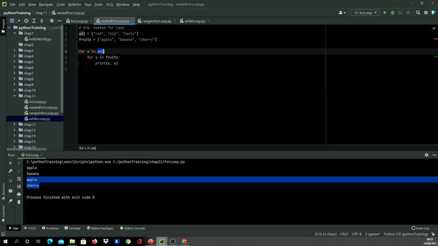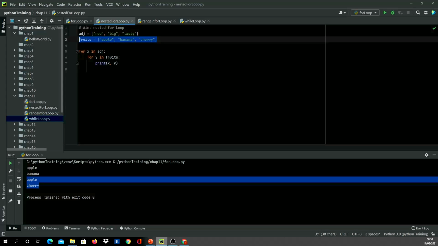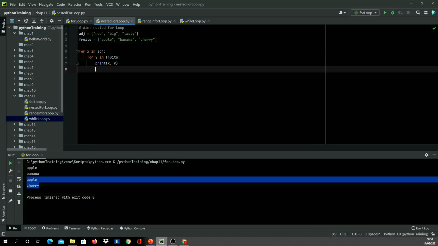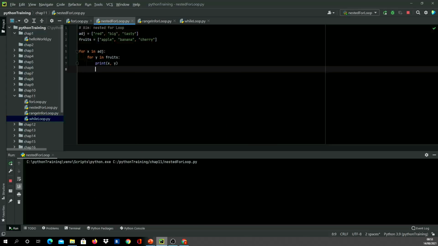My adj fruit, so it'll run this 3 times, but inside, every time a value of x is red, it'll try and run this 3 times, one for apple, one for banana, one for cherry, and it'll print the combination. So let's see how it behaves. So run nested loops.